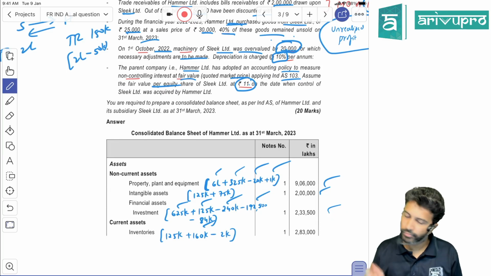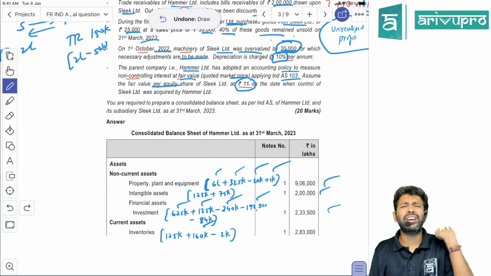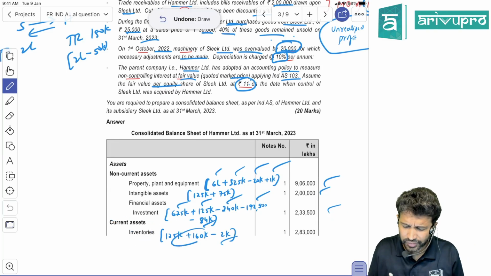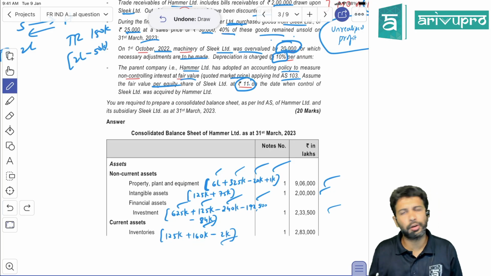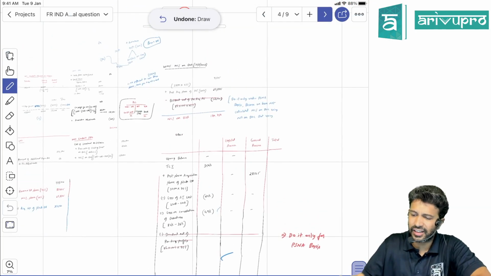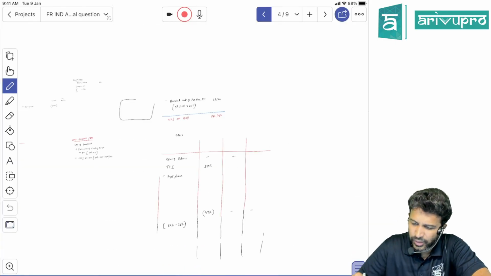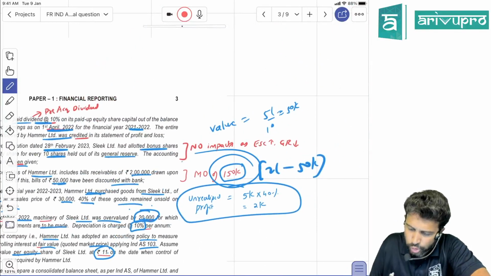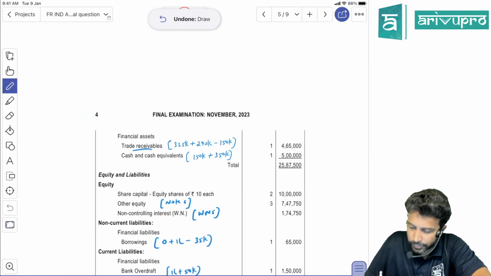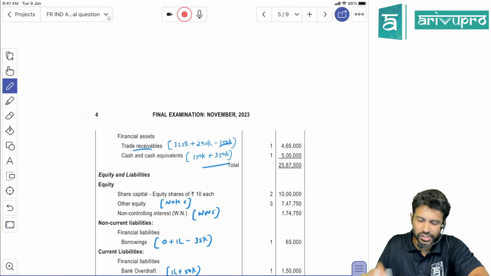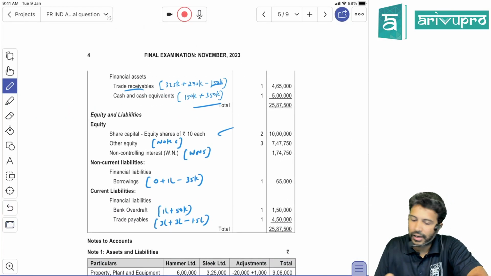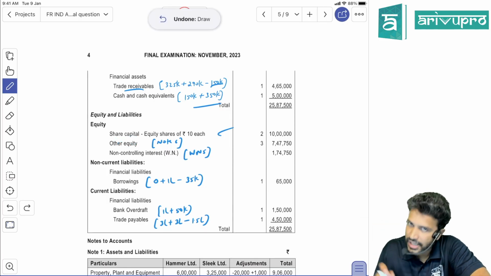Okay. Next, in inventory there is an unrealized profit of 2,000 rupees. We need to take the balance sheet value and minus the unrealized profit of 2,000. Rest everything is asset. I think mutual owings was also there in trade receivables. Mutual owings we already identified, 1,50,000, was it? Somewhere we wrote the mutual owings of 1,50,000. Reduce that. Okay, cash and cash equivalent, no adjustment. Share capital, only parent will come. Other equity you will get from the working note. NCI you will get from the working note.